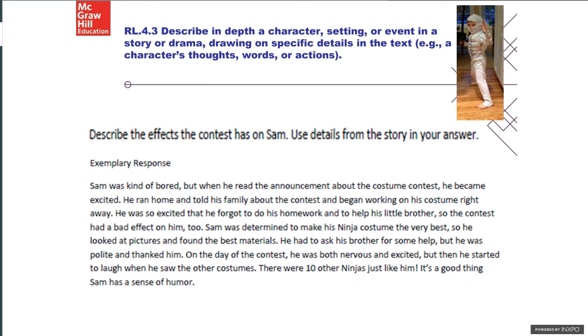For example, here's a typical constructed response item. Describe the effects the contest has on Sam, assuming a student has just read a story about Sam and now is going to respond to this constructed response item, which is a very traditional item type, very ubiquitous in classrooms and assessments. The item itself is written to measure the standards you see at the top of the slide, to describe in depth the